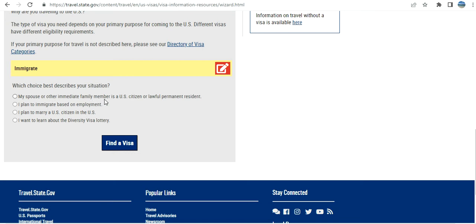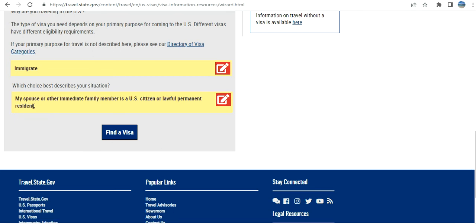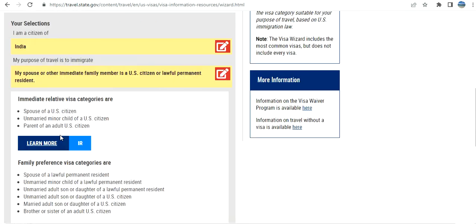My spouse or immediate family is a US citizen or lawful permanent resident. I plan to immigrate based on employment. I plan to marry a citizen in the US. I want to learn about the diversity visa lottery. So if I select this one, and then you click on find a visa,